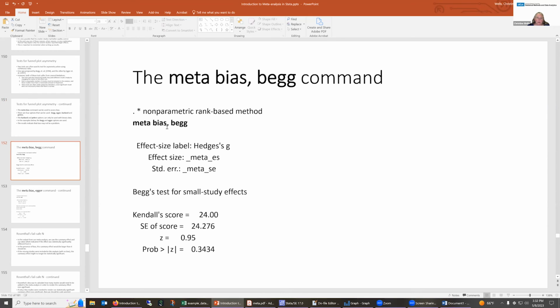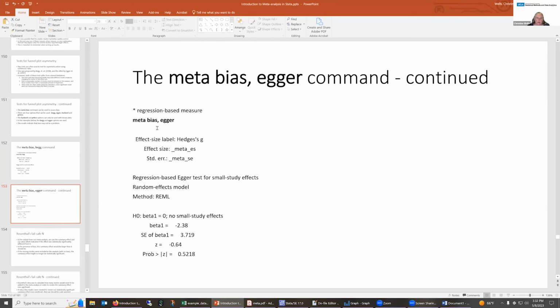So the command looks like this. This is a non-parametric rank-based method here. And here is our p-value here. If you use the other option here, this is a regression-based measure here. Again, not statistically significant. So I don't have any evidence that I do have a publication bias or some sort of bias problem, but I can't rule it out. Okay, and keep that in mind as we go through